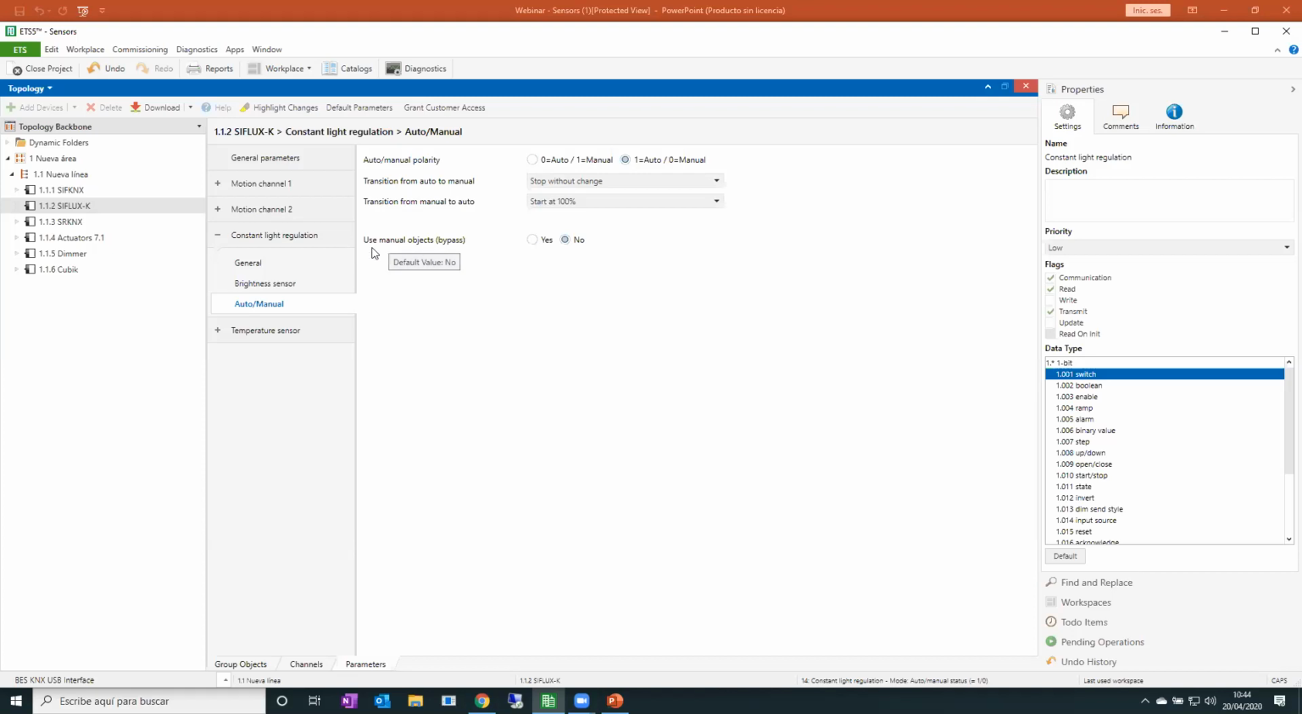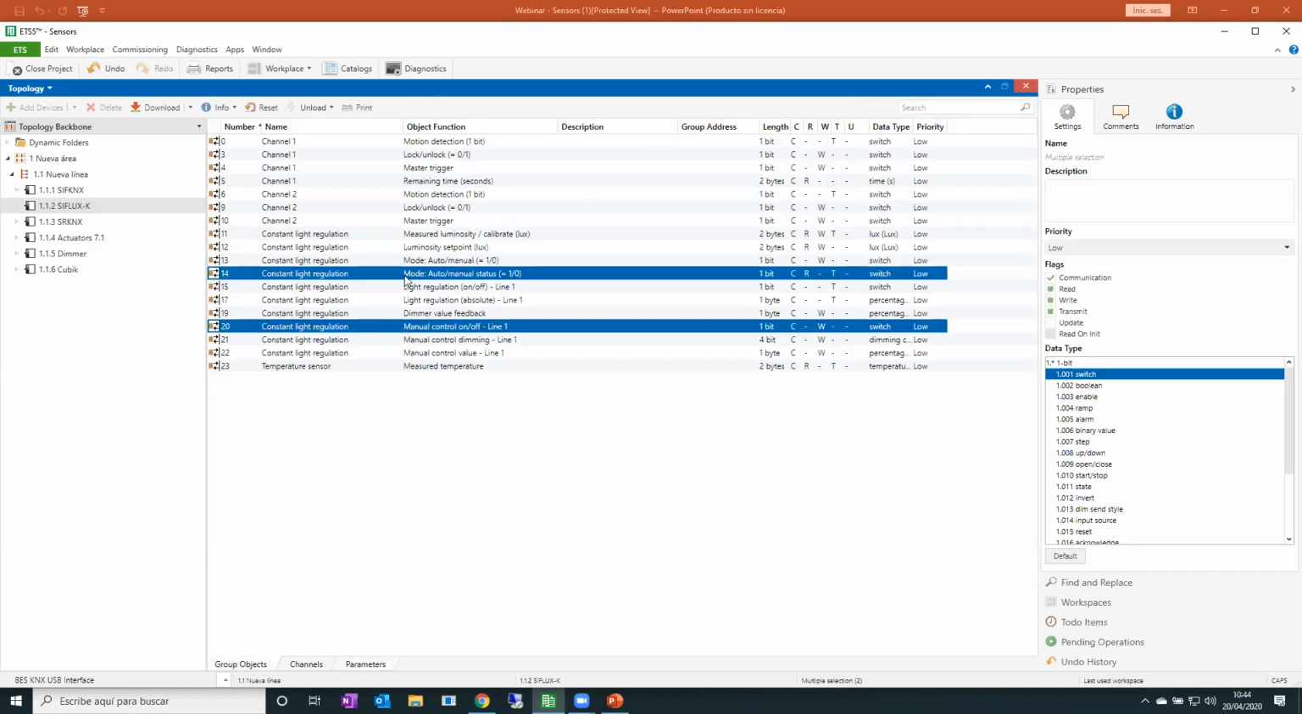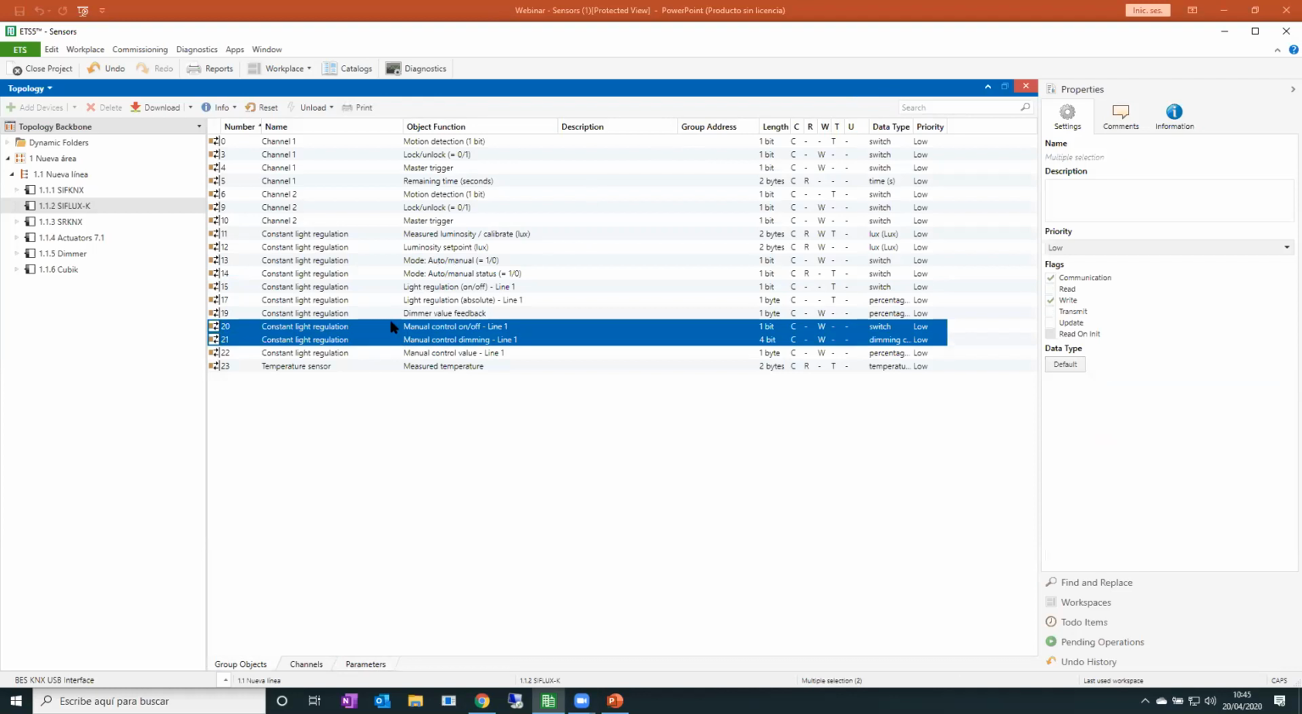And then you have this option, the bypass objects. I don't know what happens with my mouse. I cannot enable these options. Okay. So if you enable this bypass object, you can send values here to this communication object,